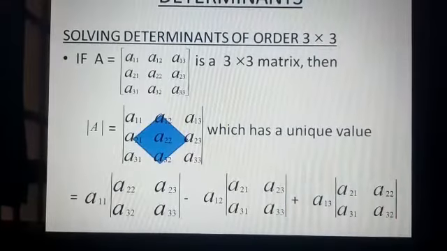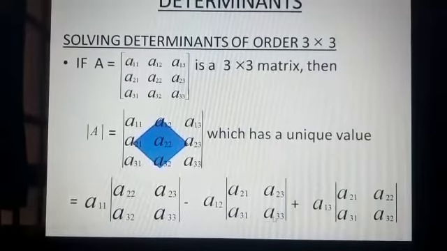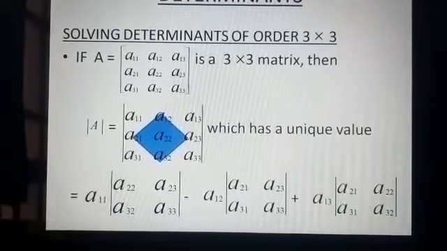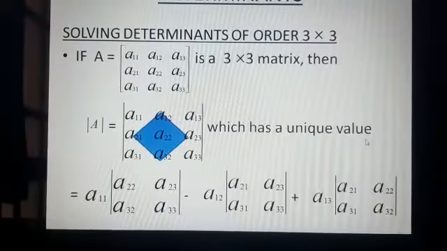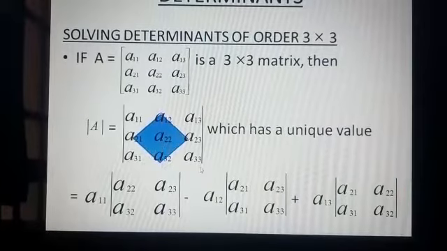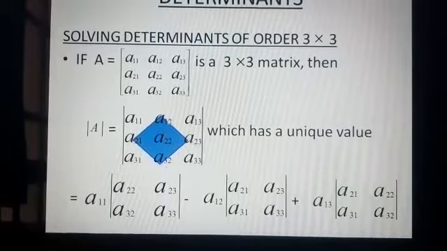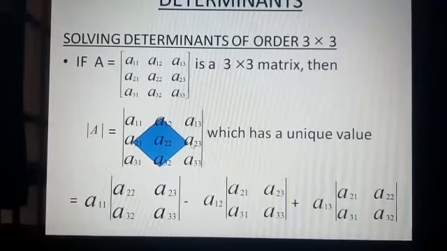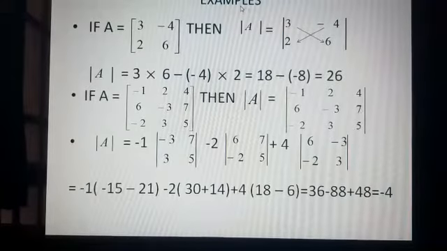So you have to take care that you are taking the right combination. This is the pattern by which a determinant is solved and we get the unique value. Remember, a determinant can be solved along any row or any column, but you have to take care that at these 4 positions you have to change the sign, but you will get the same value in all the cases. I have taken some examples here.